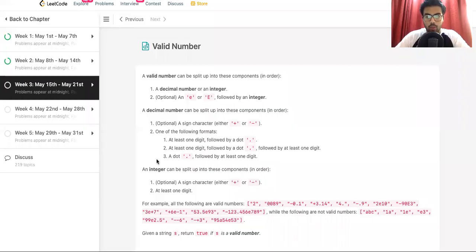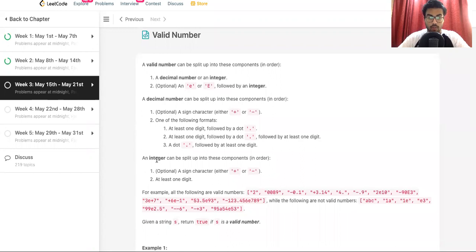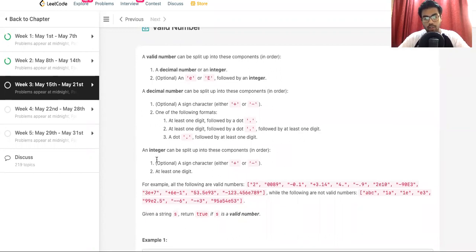Hi guys, so today we'll be solving this problem called a valid number. Let's read it. A valid number can be split into these components: a decimal number or an integer, an e